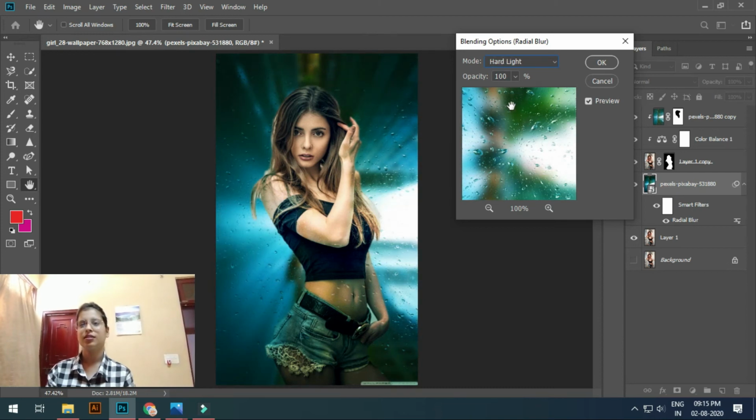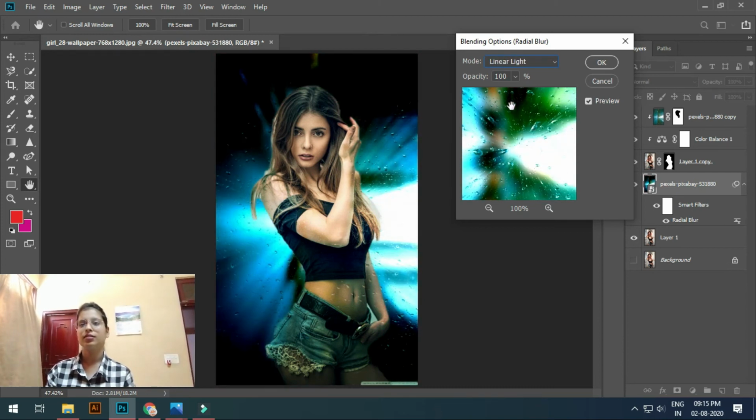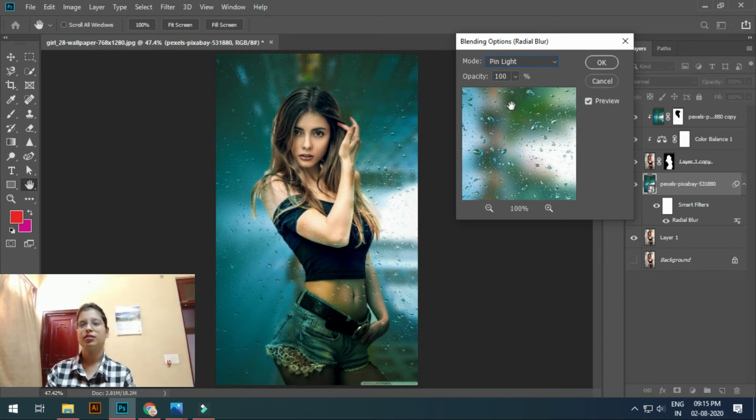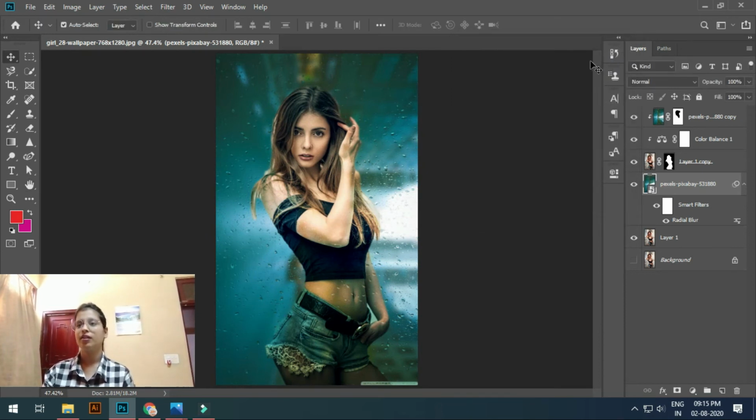Okay, you can see that drops are coming there, pin light. Okay, it looks good. Okay, we select it. You can also try another effect which is best for your photo.